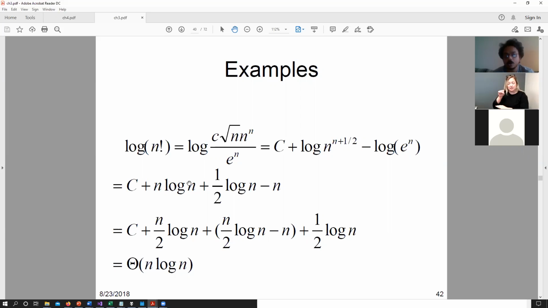So in general, log n factorial, and you can derive it in your own time, has the theta bound, that is the upper and the lower bound, of n log n. That means there is some constant that when multiplied by n log n grows faster than this equation, and there is some constant that when multiplied by n log n grows slower than this equation. And we can see that n log n plus n by 2 log n minus n log n again becomes sort of similar to n log n, right? Upper bounded and lower bounded by that equation. Okay.